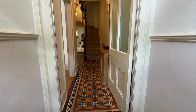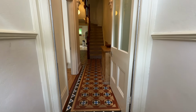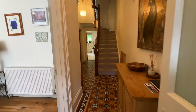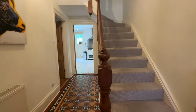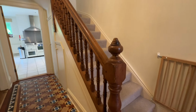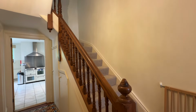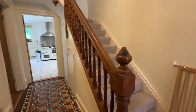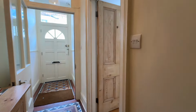So here we are, we're inside the property now, and the first thing that hits you is this magnificent original Victorian mosaic tiled floor which runs through from the lobby through to the entrance hall, past the 2 reception rooms on the left here, and on towards the kitchen. You've also got this really lovely staircase that climbs up over the 2 floors above here. So it's a really lovely stripped spindle balustrade there. So a proper nod to the era of the property there. And as we go around, you'll see that this property is absolutely packed full of period features, which makes it